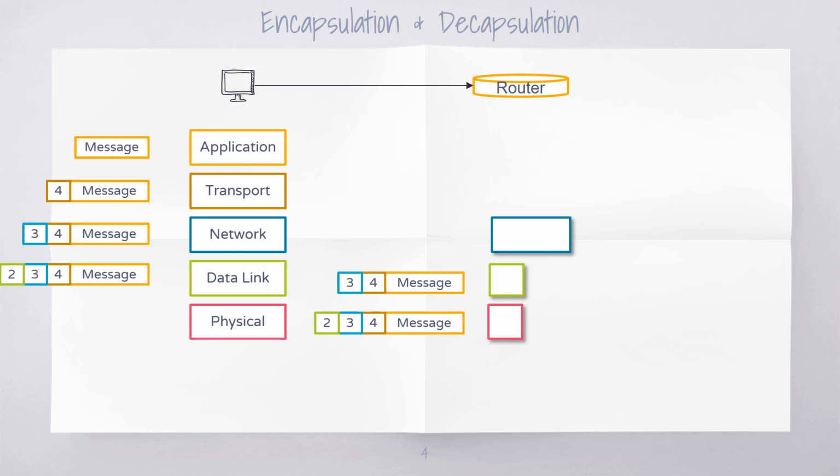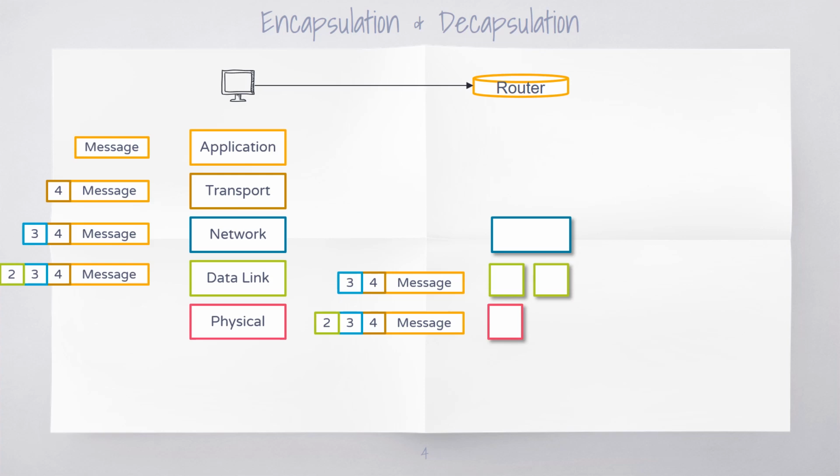On which particular data link the data has to be forwarded, because the router can have n number of links. So if data is received on one link, it has to be sent on other links corresponding to the exact network address of the destination that it has received. So it will look into the destination network address. Based on that, it will select a particular link on which the data should be sent so that it can reach the intended destination.